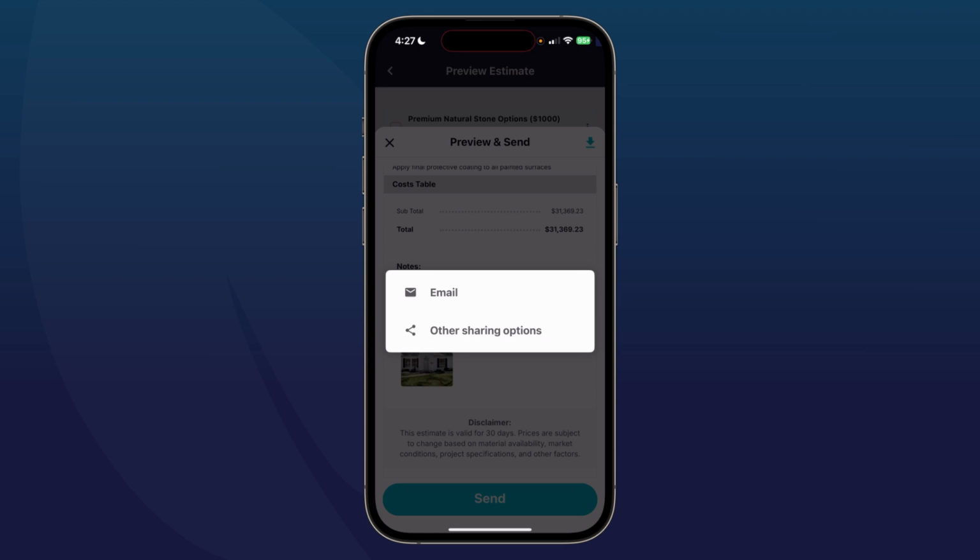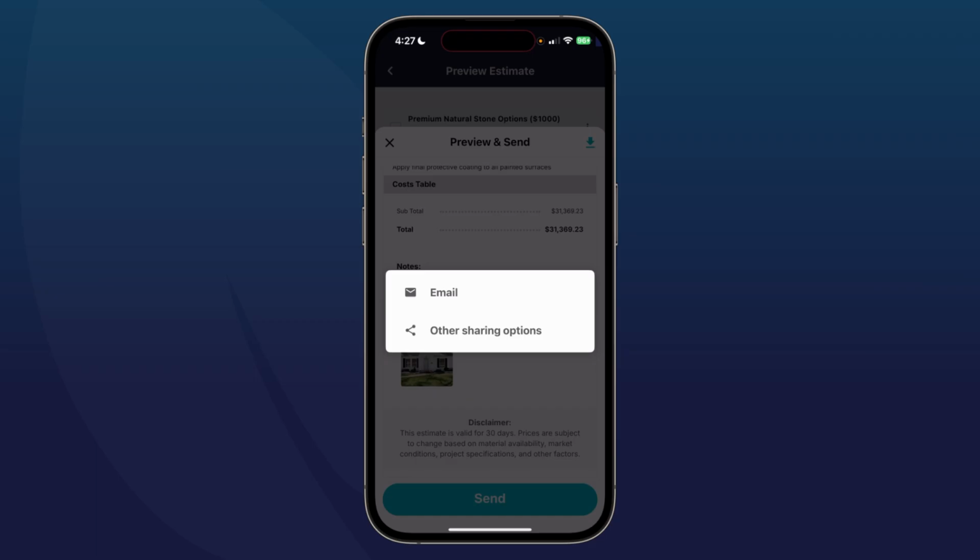If you have additional documents that you want to include, let's say you have a legal contract that you want them to sign, you want to tap other sharing options, and then you're going to select the email app on your phone. So if you use Gmail or Outlook, whichever app that you use, you can even send it by text if you want, or if maybe you're working with someone on Facebook, you want to send it through Messenger, you can certainly do that. However, if you're going to send an additional document, you want to send it through your